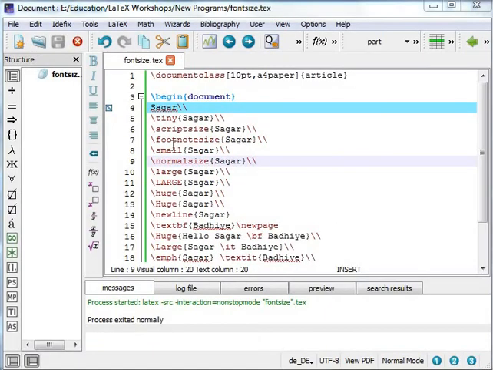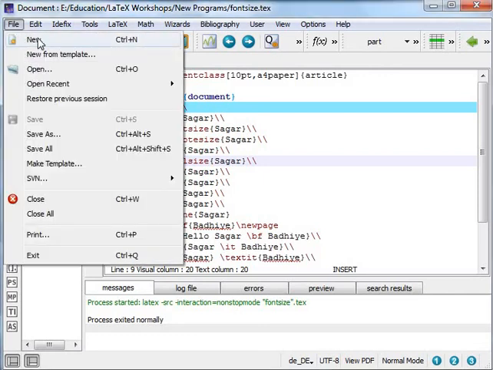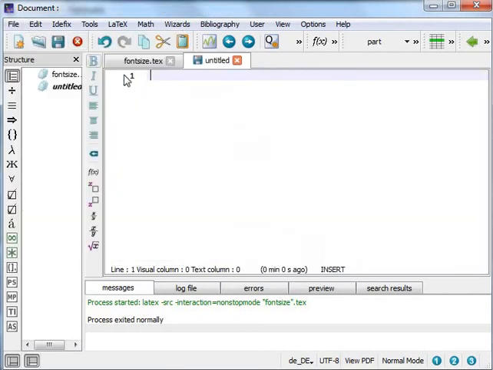In this example, I have executed all the commands related to font size in the TeXLive software. So this is the TeXLive environment. The top line shows the document which is created. I have created a fontsize.tex file, which can be created simply by going to File, New, Document, and from this New you can create the file.